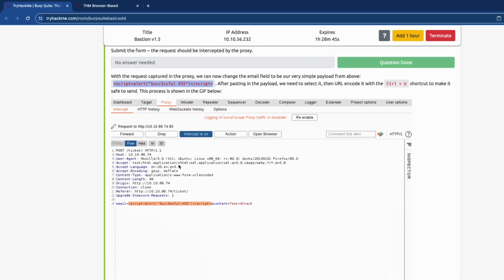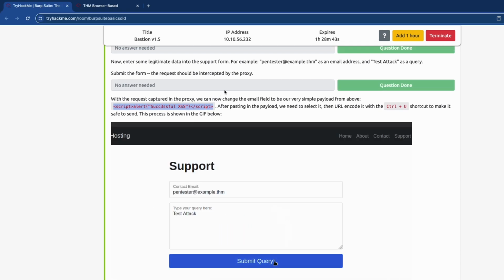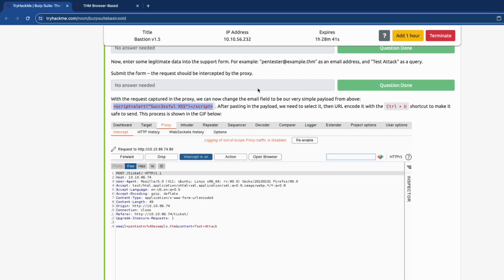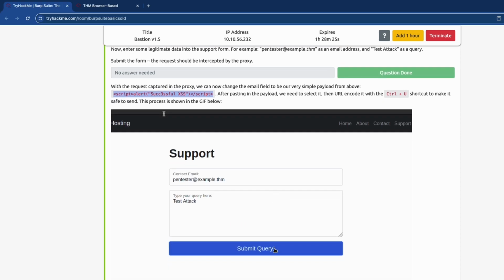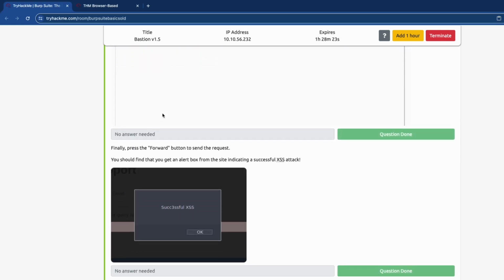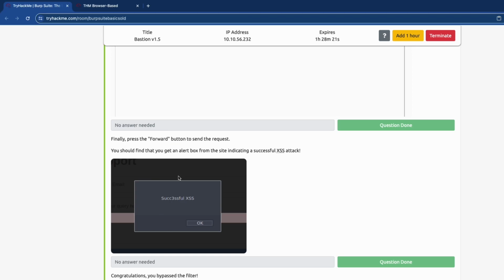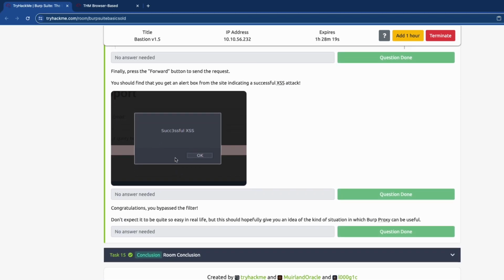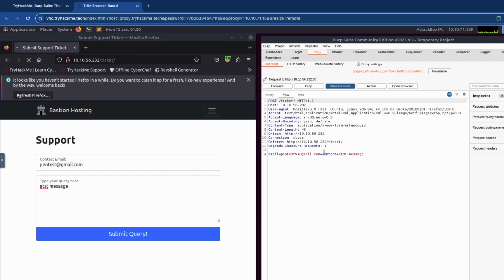And then, let's see what the instructions say. Submit the form. With the request captured in the proxy, you can now change the email field to show the script. After pasting the payload, we need to select it and then URL encode it with Ctrl-U to make it safe to send. Once you do that, finally press forward, and then we should get this little attack right here. So I'm going to go here